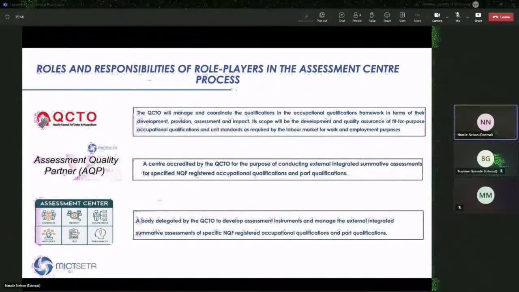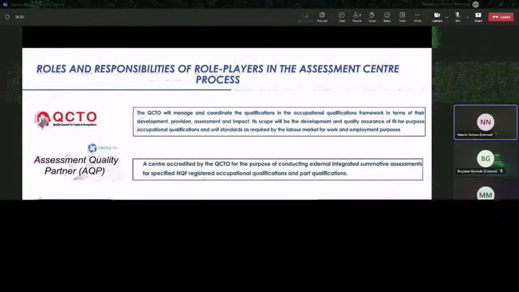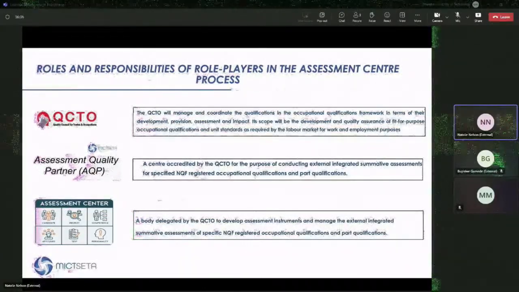Our role in this process is the second part, the assessment quality partner, or what they now call us, the quality partner. We ensure that you are upholding the policy provisions under the assessment center policy that has been put together by the QCTO. We also ensure that the assessments are being correctly administered.